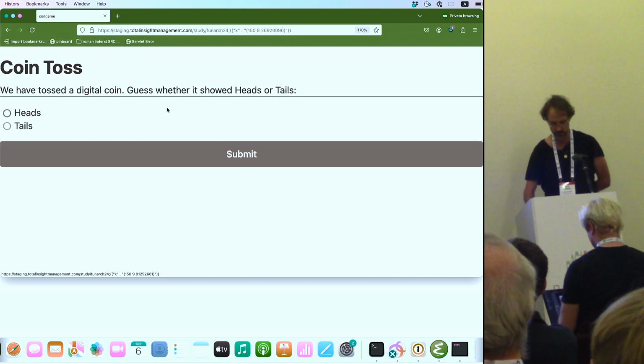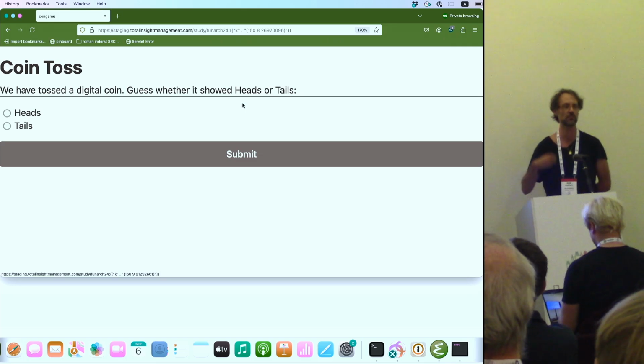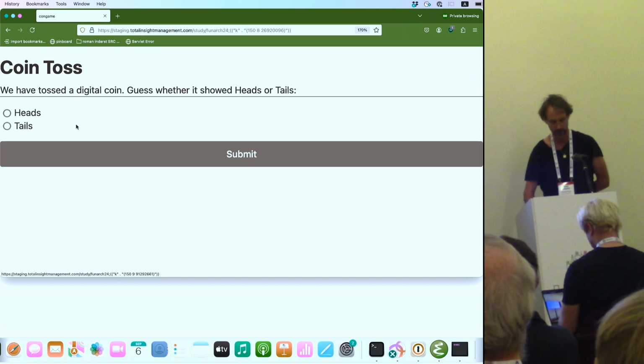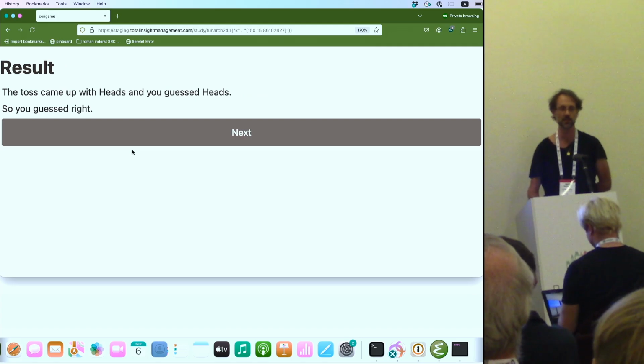And finally, just to give you an example, there's going to be a lot of randomizing in economics experiments. Usually people get lotteries, they play games in the game theory sense with each other. And so here in the background, we tossed a coin. I'm going to have to guess. I'm going to guess heads. I always guess heads. Okay, and this time I won.